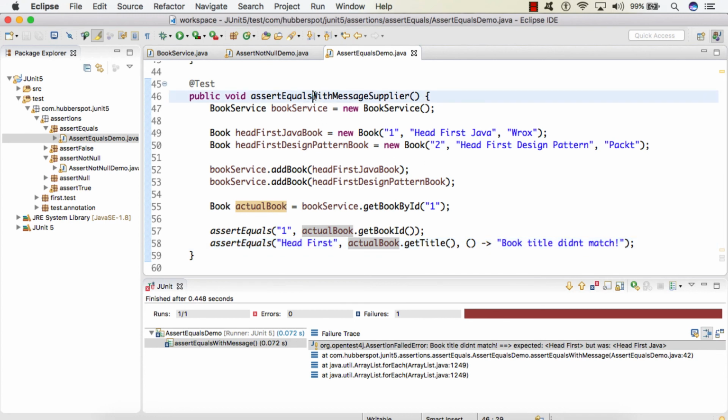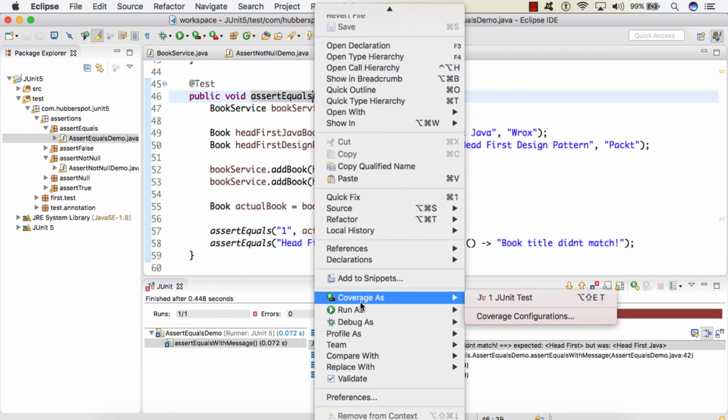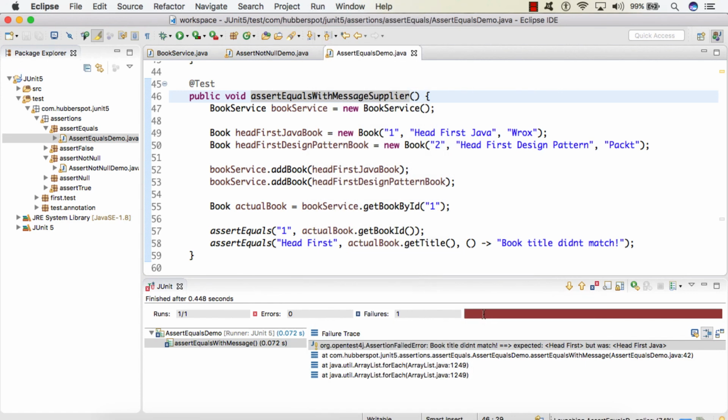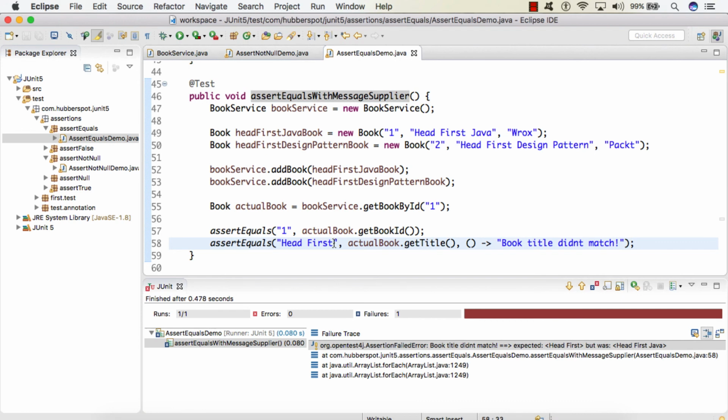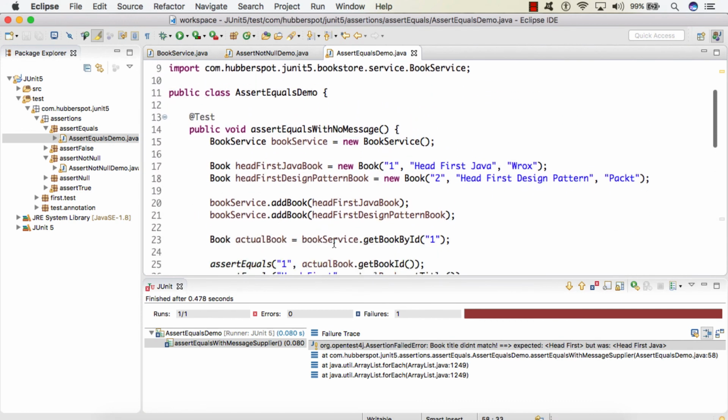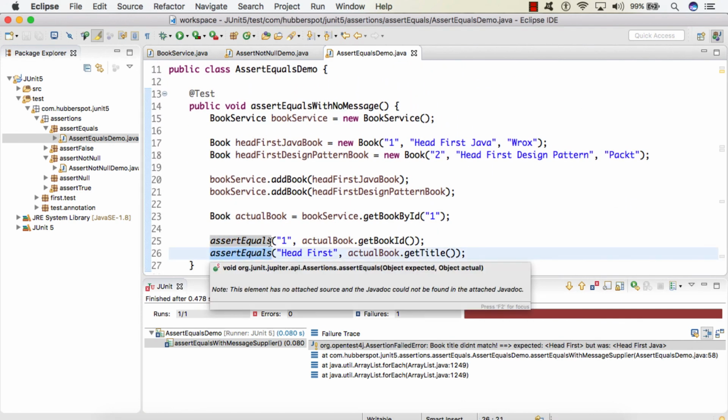So if I run this test case, you can see it failed with an assertion failed error, saying that expected was Head First but was Head First Java, and it also printed the message we supplied that book title didn't match.